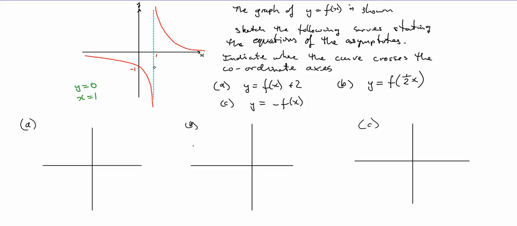Well, the vertical asymptote will stay where it is, and so we still have the asymptote there where x is 1, but the other asymptote, y equals 0, the horizontal asymptote, will be moved up by 2, and so will look like that,